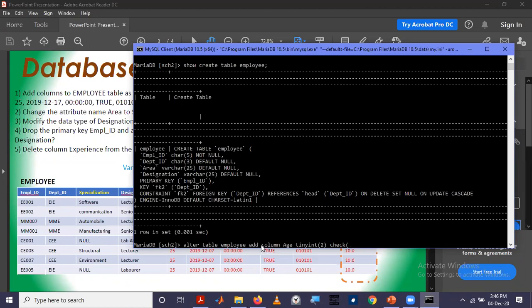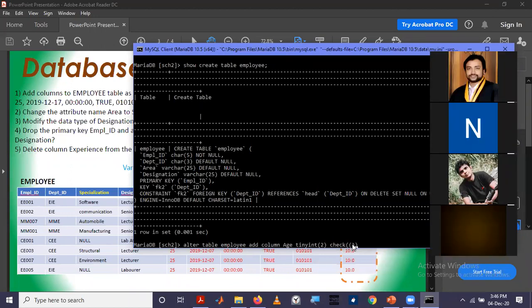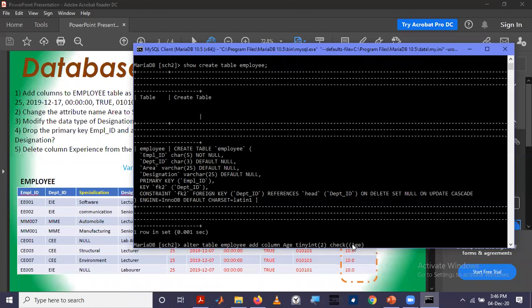So we said we are going to add a column known as age with data type tiny integer, and we have to check whether age is less than 60 and age is greater than 20.